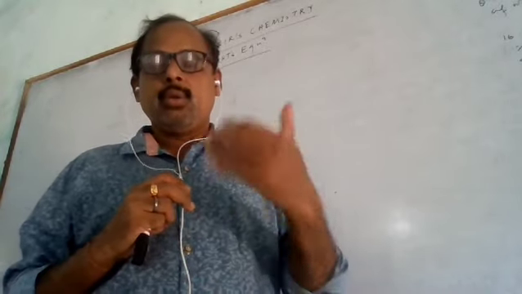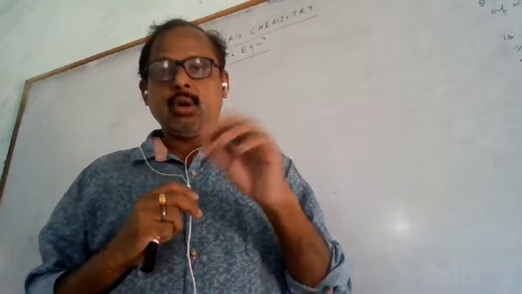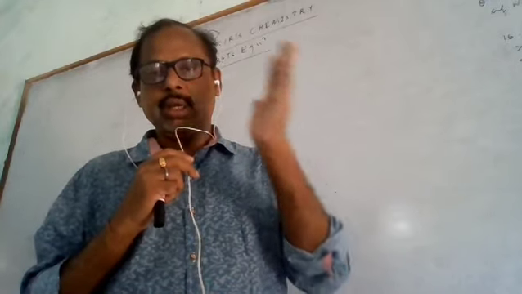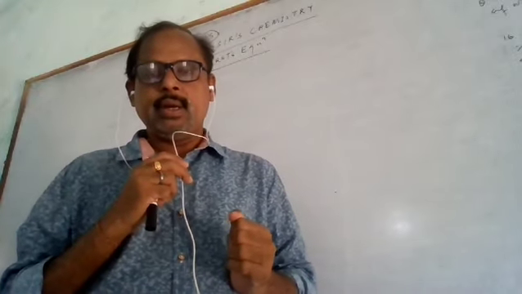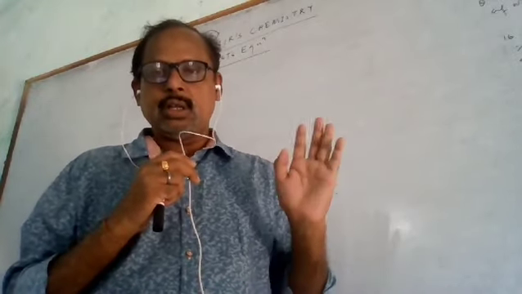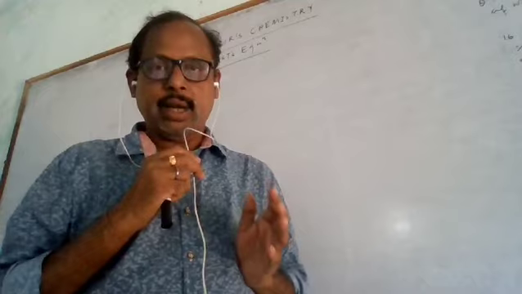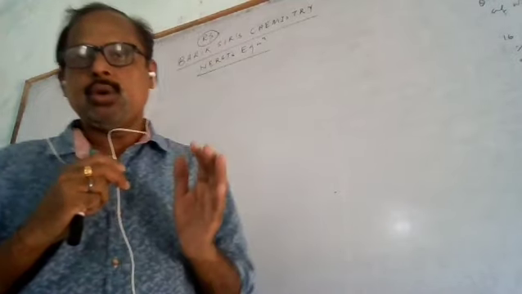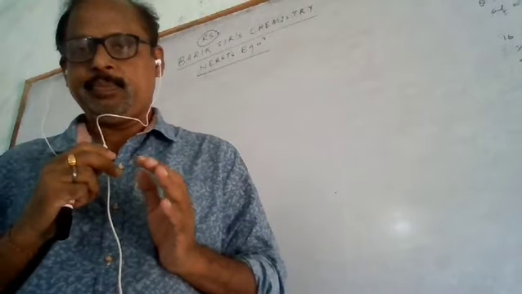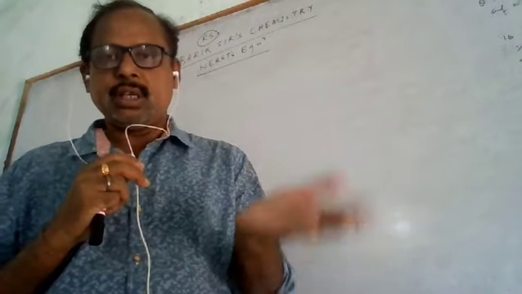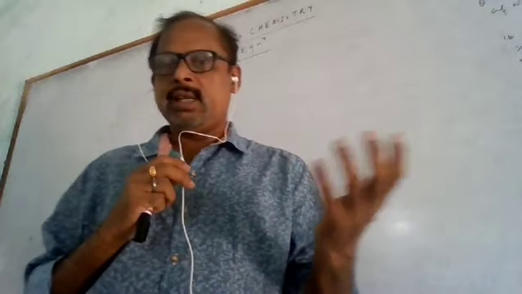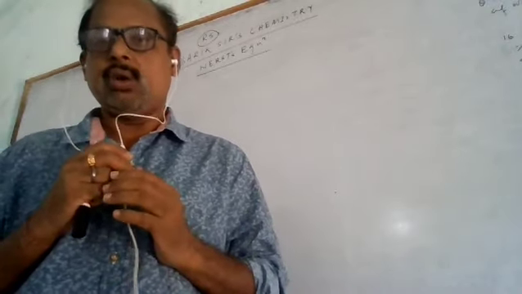In an electrochemical cell there are two electrodes. One is the positive electrode, and the other is the negative electrode. The negative electrode is called the anode, and the positive electrode is called the cathode, because at the anode the oxidation takes place, and at the cathode the reduction takes place. Because of the oxidation, there is loss of electrons, there is a surplus of electrons at the anode. That's why it has a negative sign.